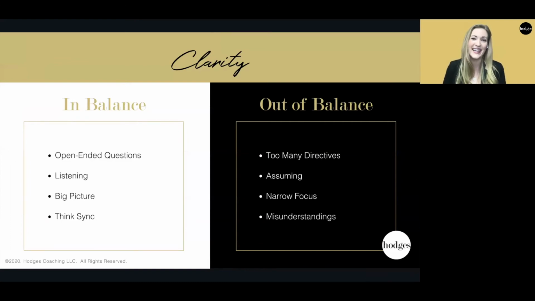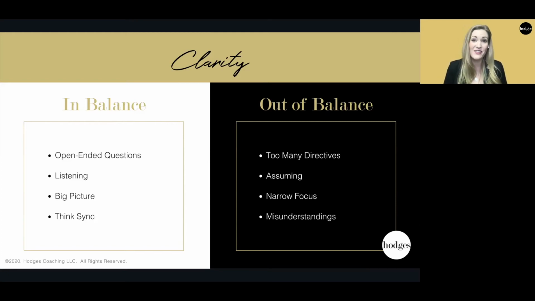And then clarity, the most common issue that my executives come to me with. They say, "Oh, did we all even go to the same meeting?" Or, "Oh gosh, I don't know how much clearer I can possibly be. They still don't get it." And they're genuinely frustrated and they're genuinely trying, but they are just giving way too many directives and not asking enough questions. They're making assumptions, but these aren't assumptions about whether or not it's okay. These are assumptions about whether or not you understand, or whether or not a staff member sees it from the same perspective as the leader.